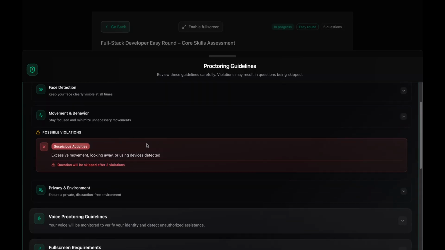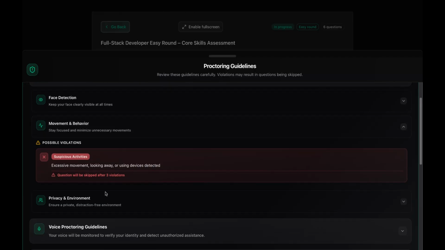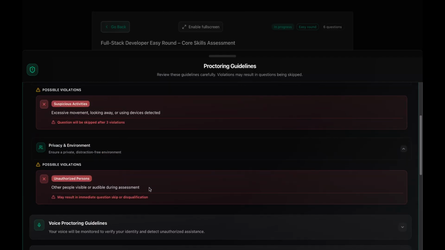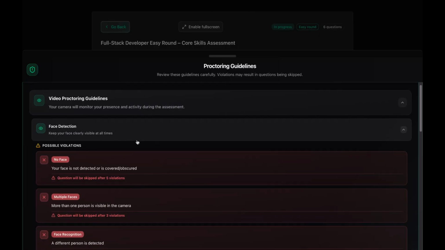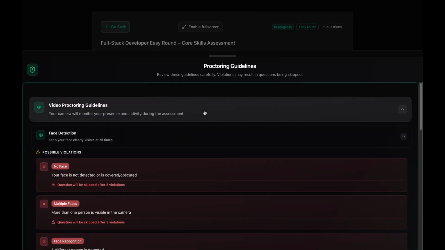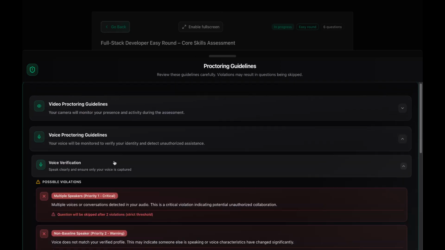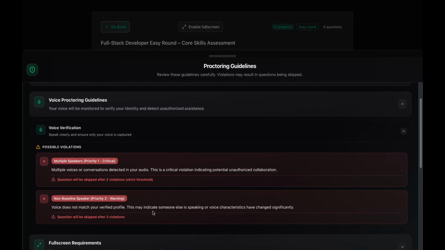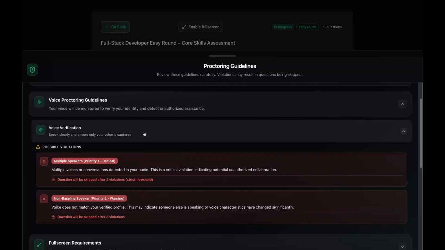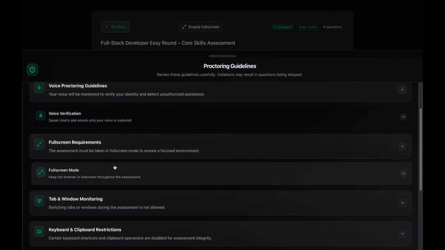It is actually analyzing your movement and behavior, and it is watching your environment so that it can predict if you are cheating or not for this assessment. It will also do the voice proctoring, where it detects multiple speakers and anyone who speaks in the room other than you, and you must